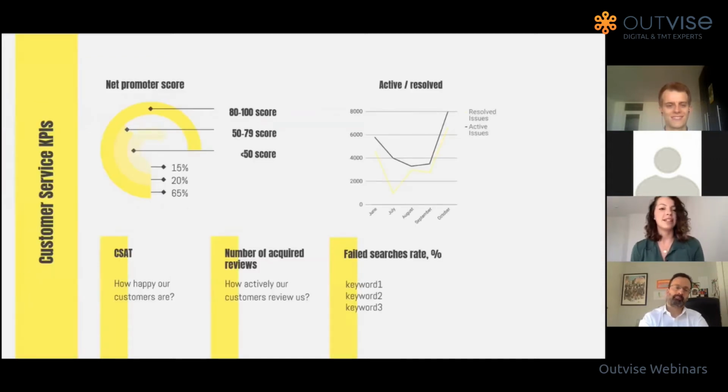And here I prepared some examples of customer service related KPIs. A key performance indicator is a measurable value that demonstrates how effectively a company is achieving key business objectives. You can always say, let's define KPIs and see what we are measuring, but I always have to say that you also need to think about everything else, the whole infrastructure. So sure, it's not only the KPI that we're measuring, for example, on the website or in the app. You always need to think about, have you hired the right people? Did you give them the right training?